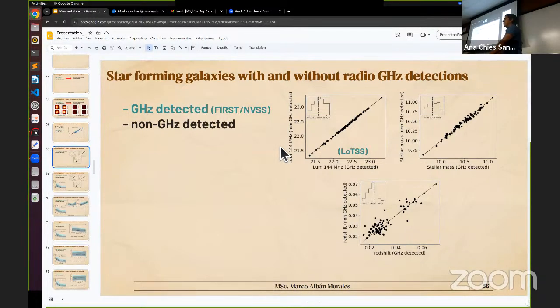Do you plan to also do this comparison for the other selection methods like infrared, X-ray? Yes, and I just want to brag about